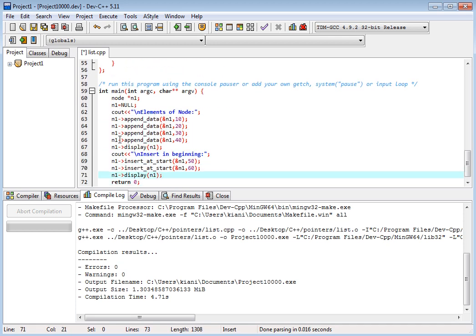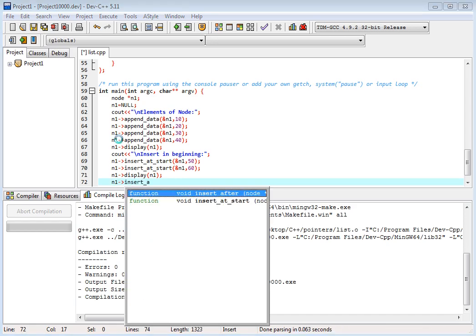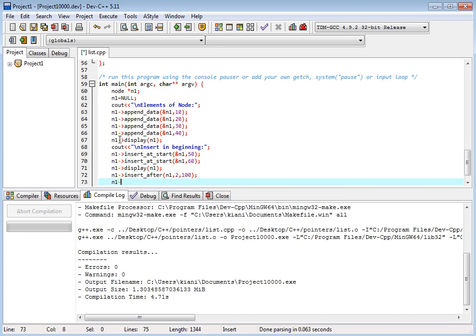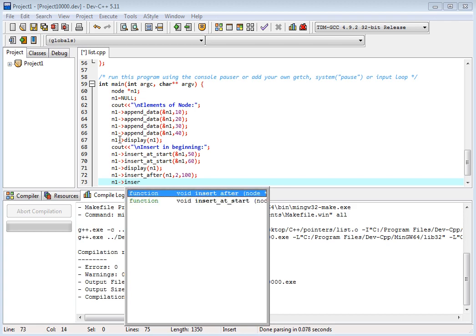So this is now insert after. We have n1, insert after, for example, insert after n1 and we have a location, for example, after 2.